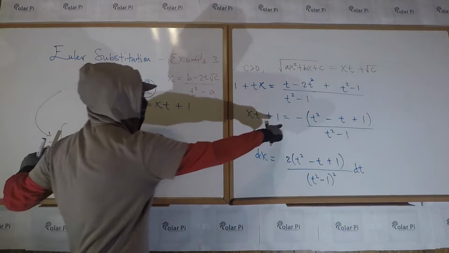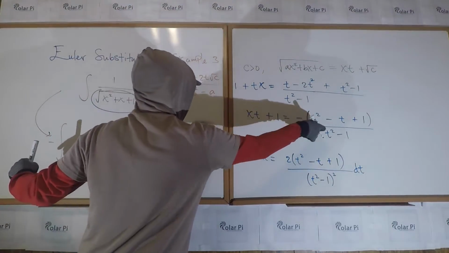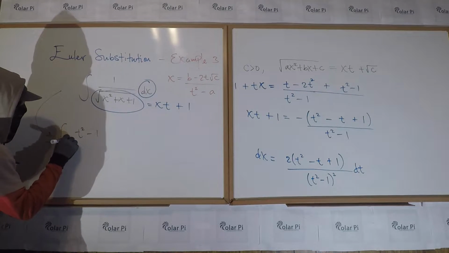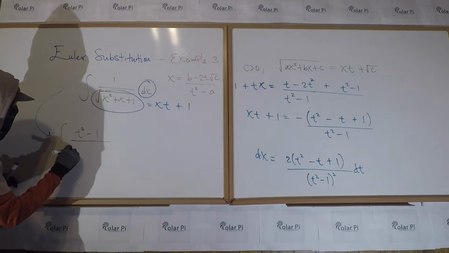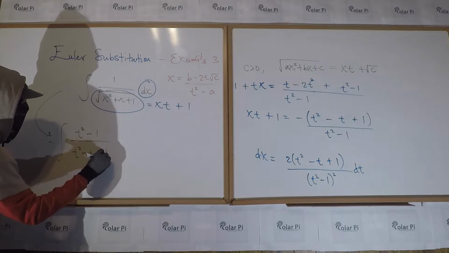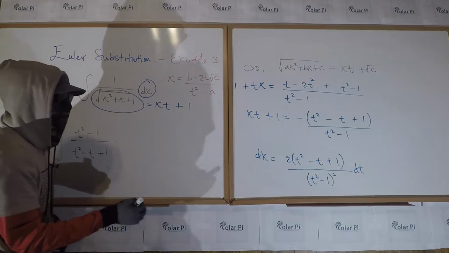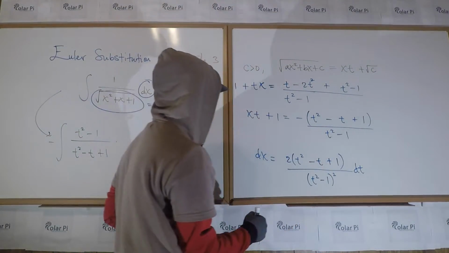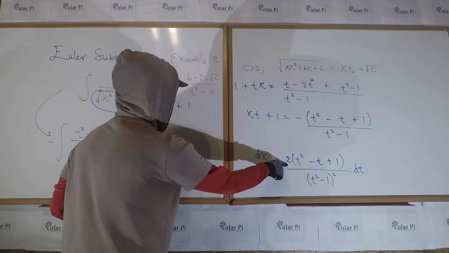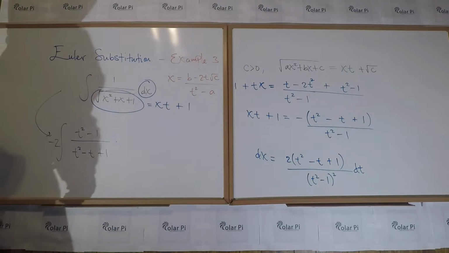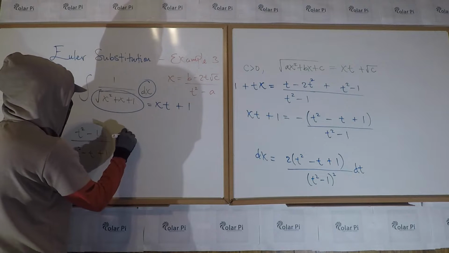This minus sign is that minus sign, and then otherwise I'll write the reciprocal of that, which is t squared minus 1 over t squared minus t plus 1. And then I need to multiply this by dx, where dx is this guy here. Well, dx leads with a 2, so I'll write the 2 in front of the integral with the minus sign. But the rest of dx is going to be